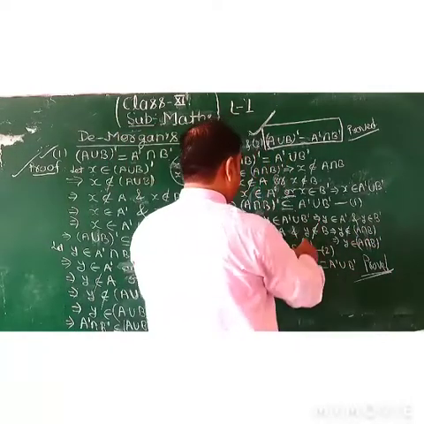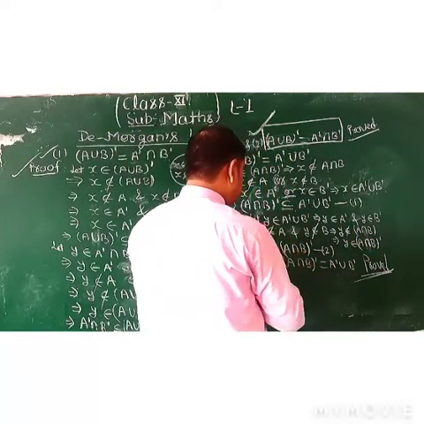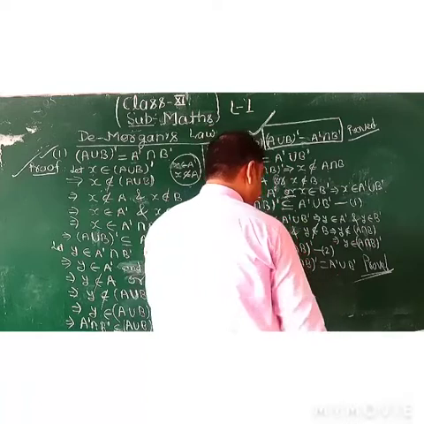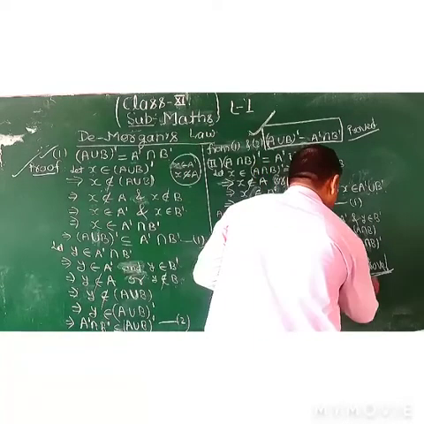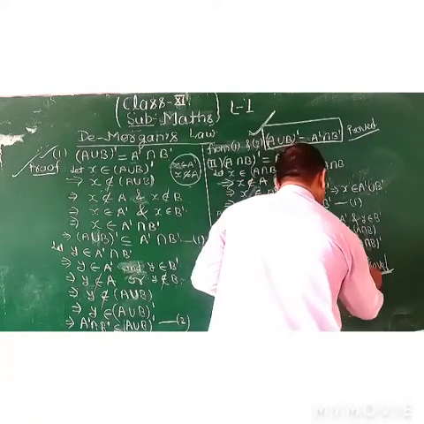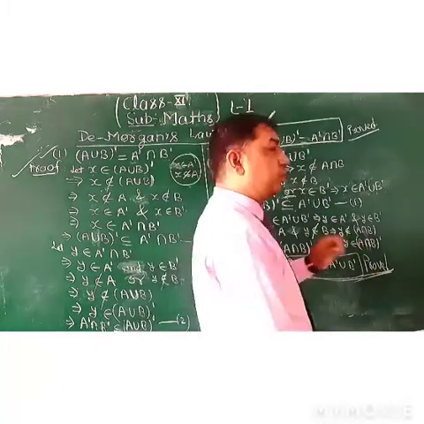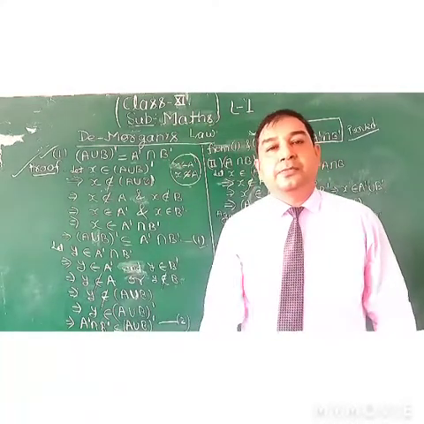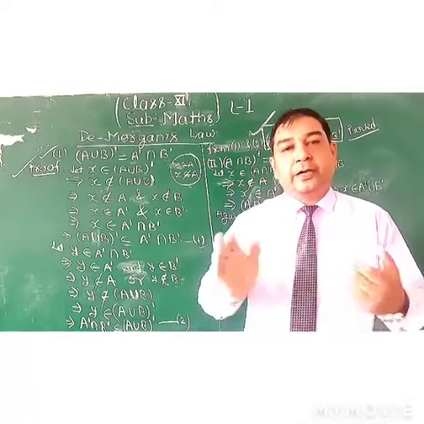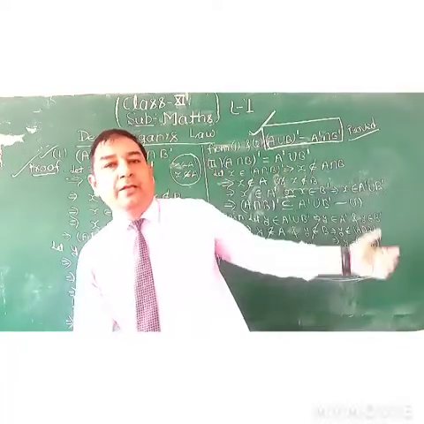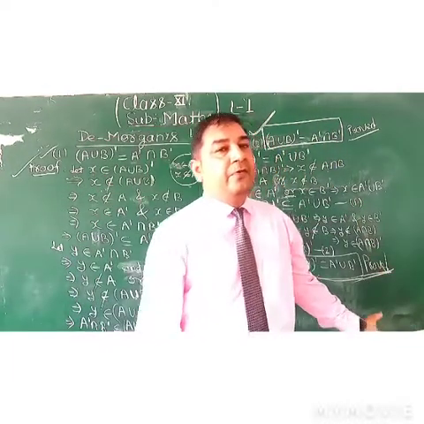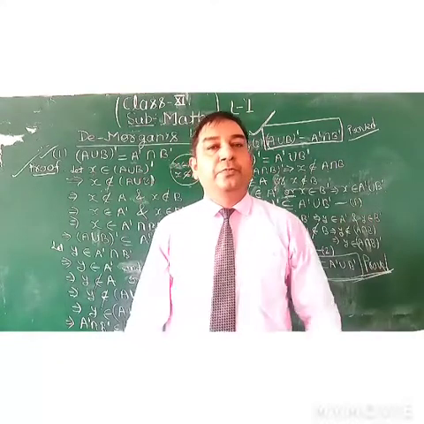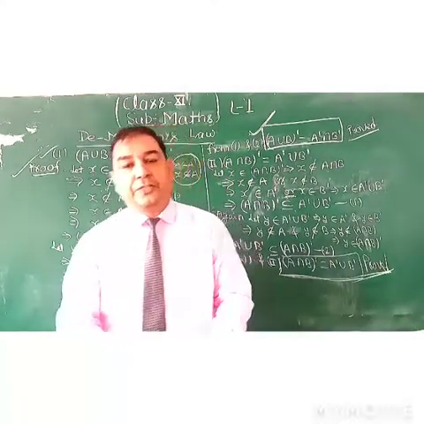So from 1 and 2 we can say that both are subsets of each other. You have to keep in mind that whenever you show A equal to B, firstly you have to show A is a subset of B and B is a subset of A. After that you can say that both are equal. So you have to take such steps to prove this type of question. Thank you.